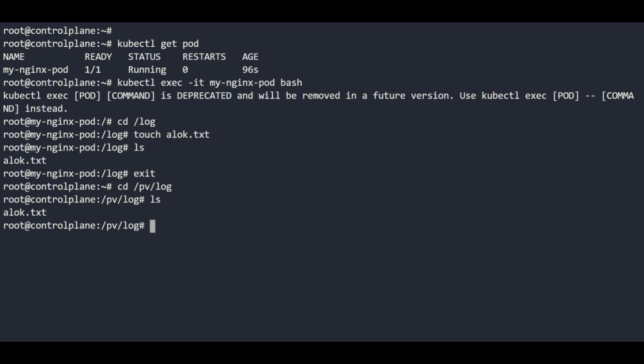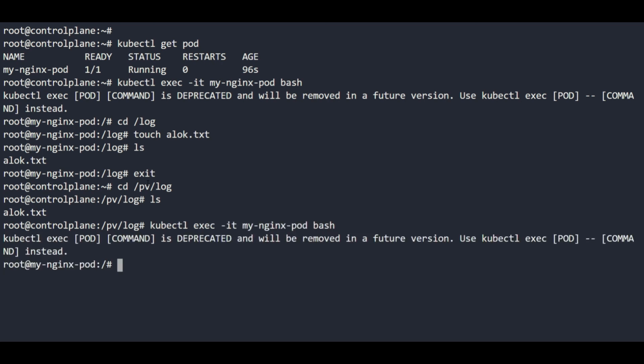So we are going to write some text into that file. Again, we are going to jump into the container so that we can check whether everything is working perfectly fine or not. So echo, just write hello all. Okay, simple text.